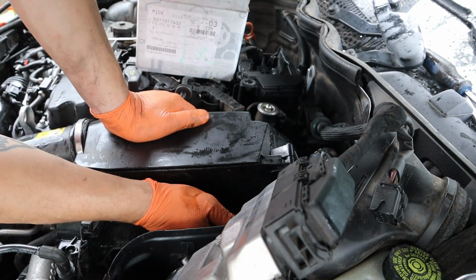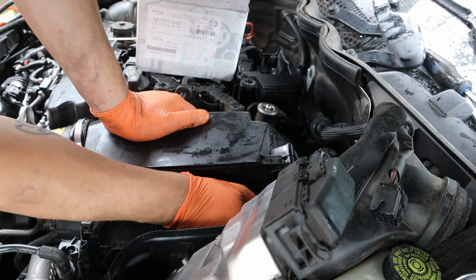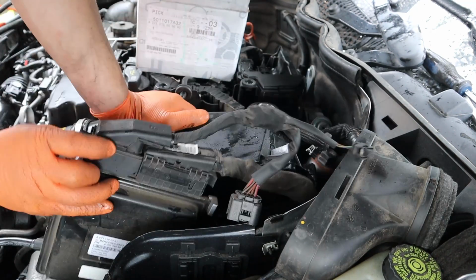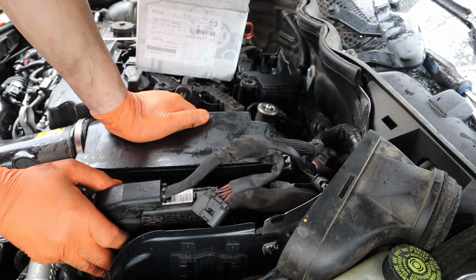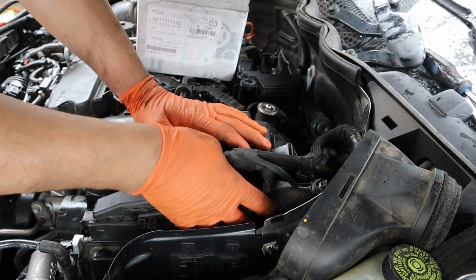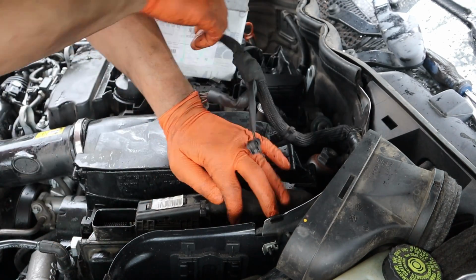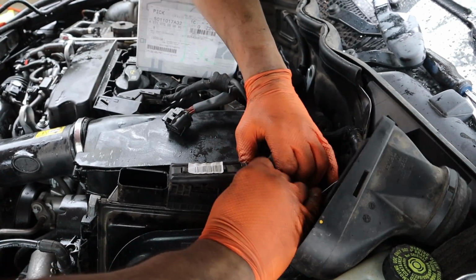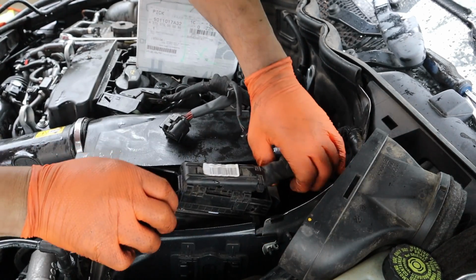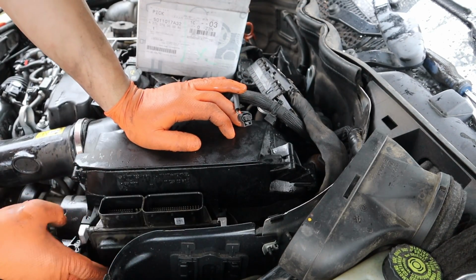Okay, let's slide these electrical connectors back on. Okay. Slide my ME back in here. I mean, if this helps you, you can also unplug your ME fully. Sometimes these slides can be a real pain in the butt to get off, so it's not too bad. If you need some extra space to slide your...